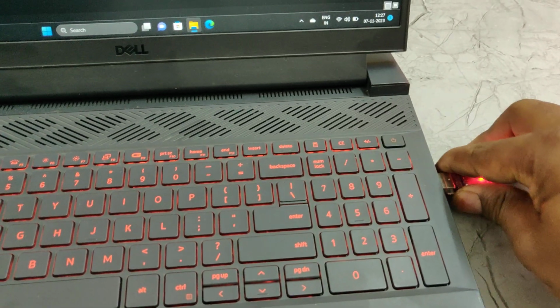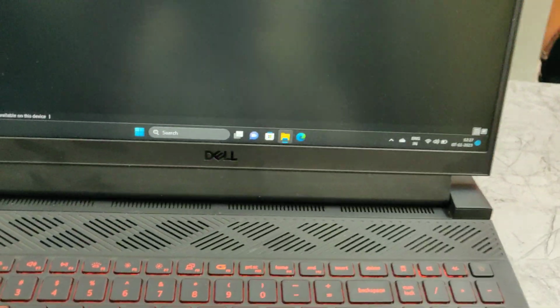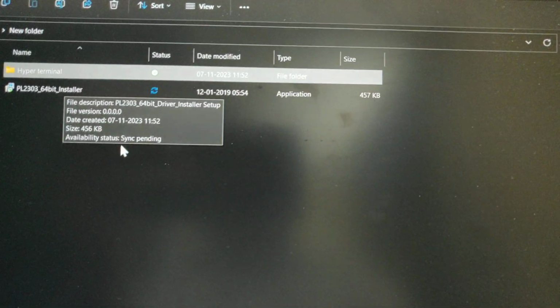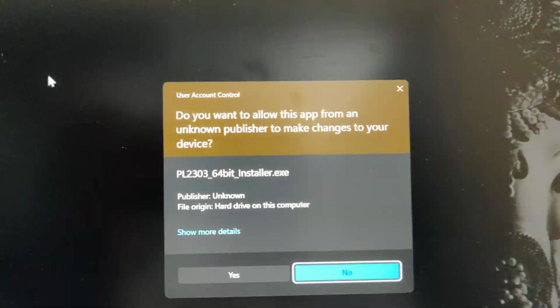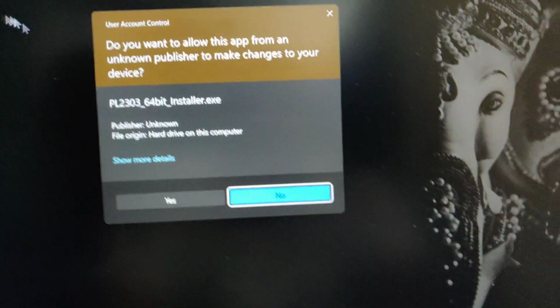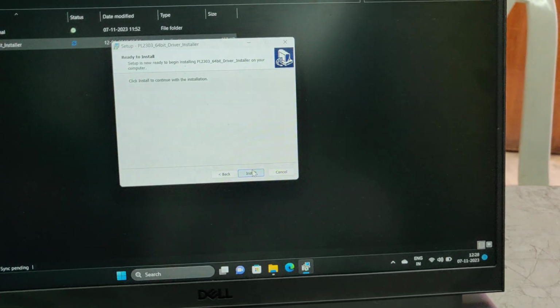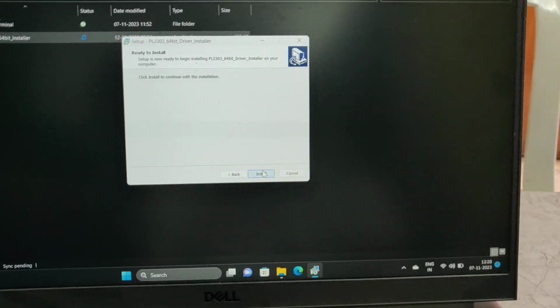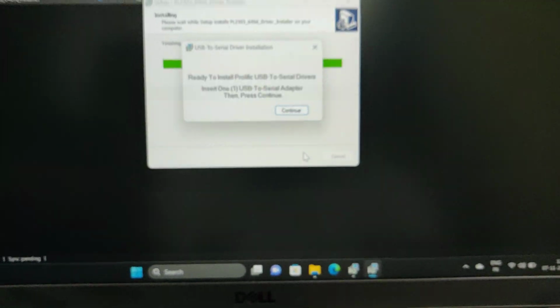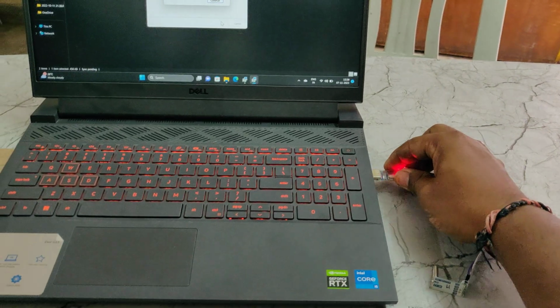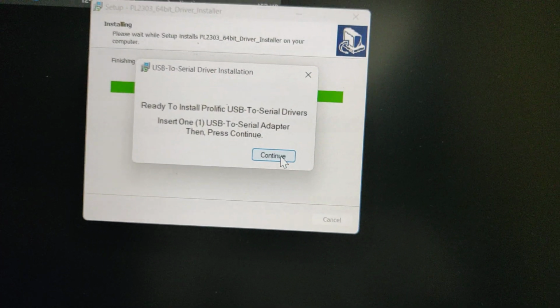You can disconnect this. Don't keep anything connected, and install PL2303. If it asks for a .NET application update, install that, and after that reinstall this again. At the end of this, it will ask you to insert the USB to TTL. Insert that in any one of the USB slots. After insertion, continue,